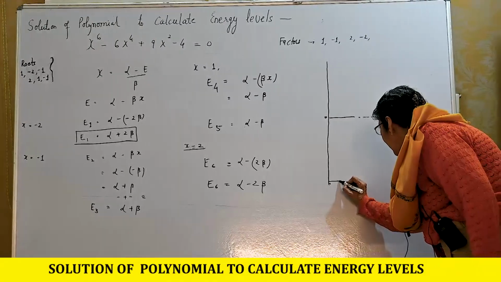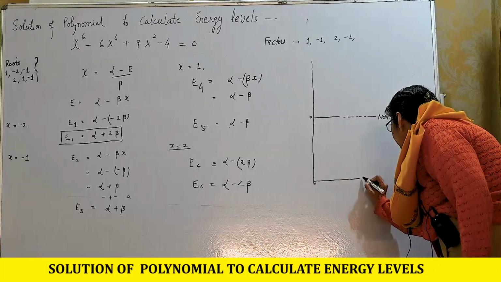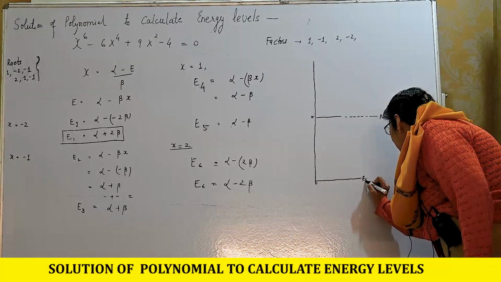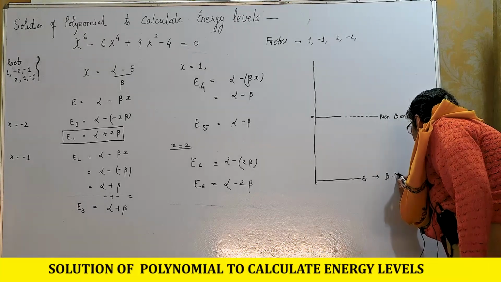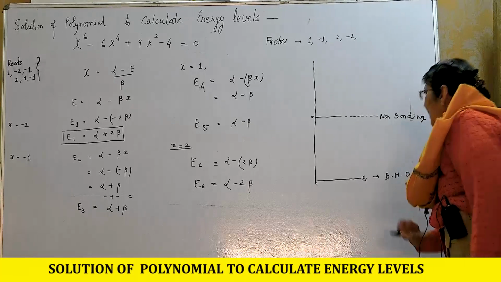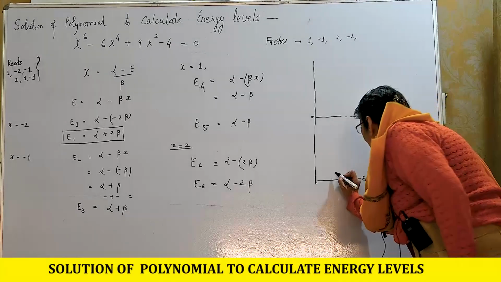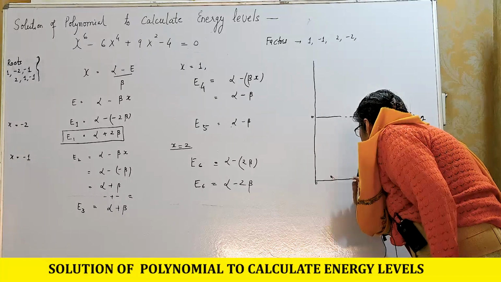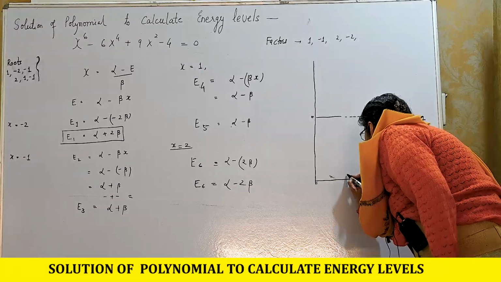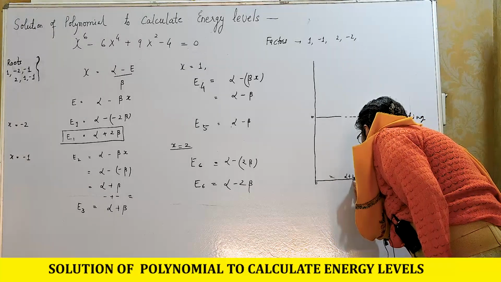We take this E1, and this is the bonding molecular orbital. Further, it is alpha plus 2 beta,